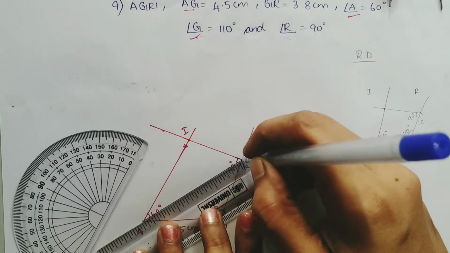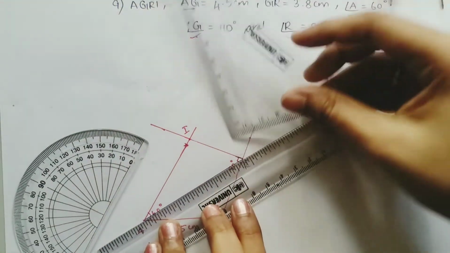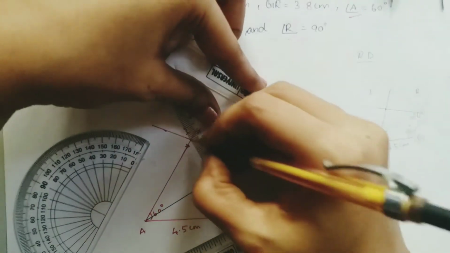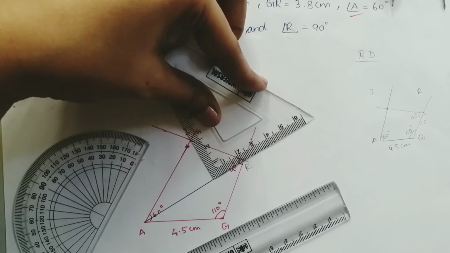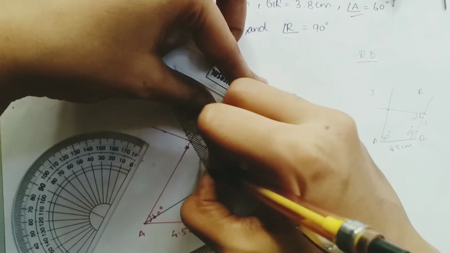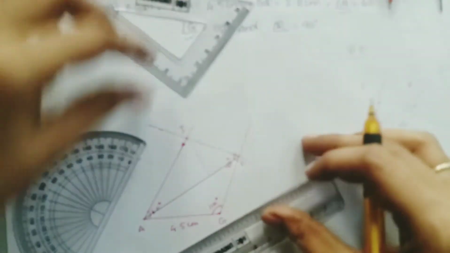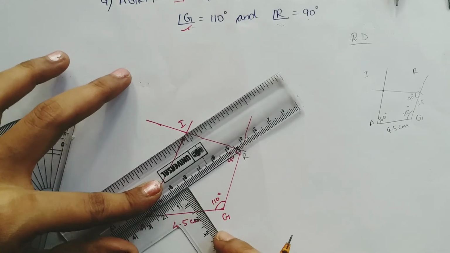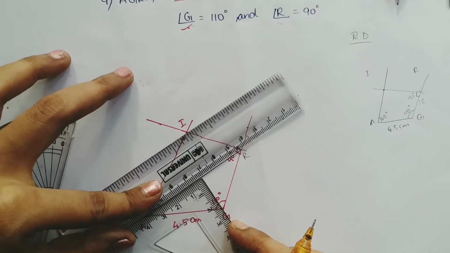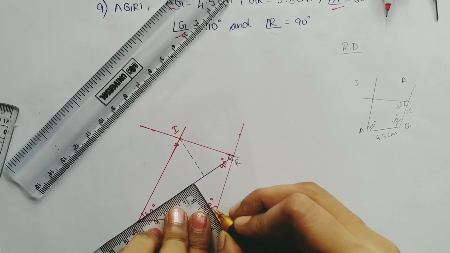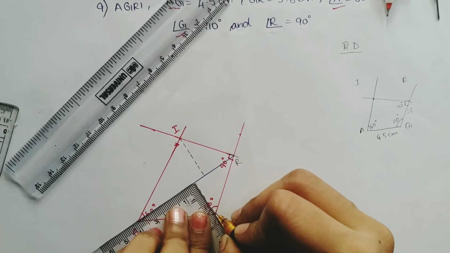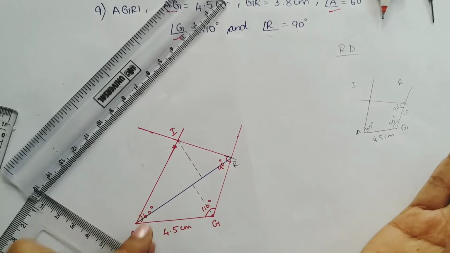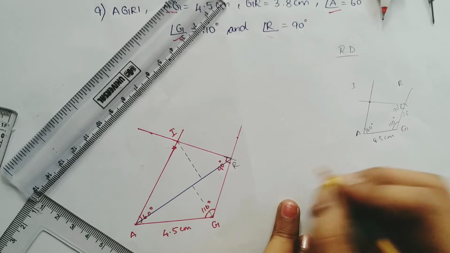So this is the diagonal line, and then take your set square and find the height. So this is how you will find the height H1. Next, keep the scale this side and move your set square like this, and this point is H2. Then you are going to measure this H1 and H2, and you are going to give it in the calculation part.